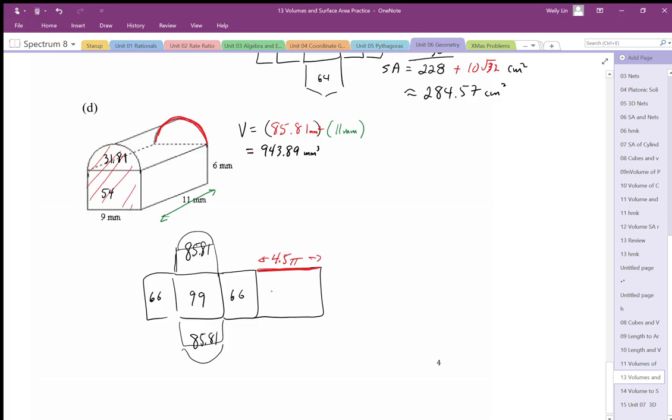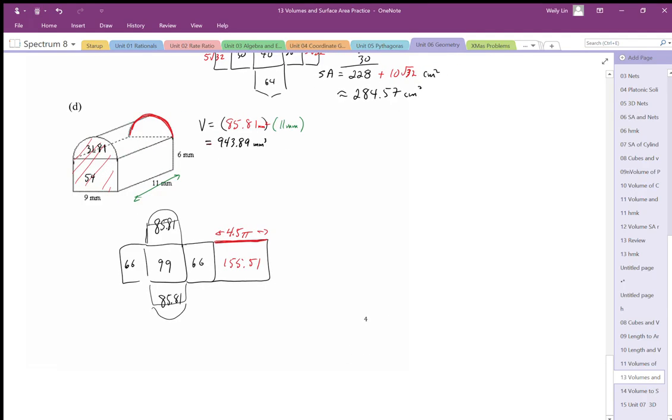So I'm getting about 155.51. Okay, so I've rounded it to 2 decimals, so it's pretty accurate. And now I'm going to sum this all up to make sure that I have the right surface area. Now again, just as long as you've kept good track of all this, we should be okay. So I'm going to use 85.81, and I'm going to times that by 2 because I have 2 of them. I'm going to do the same with the 66. I have 99, and I have 155.51. Okay, so adding that all up,